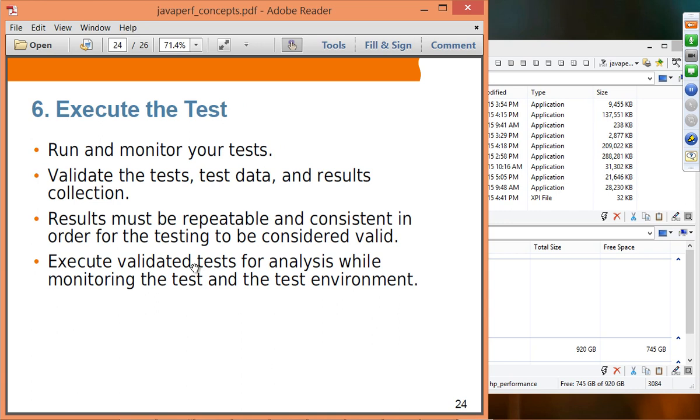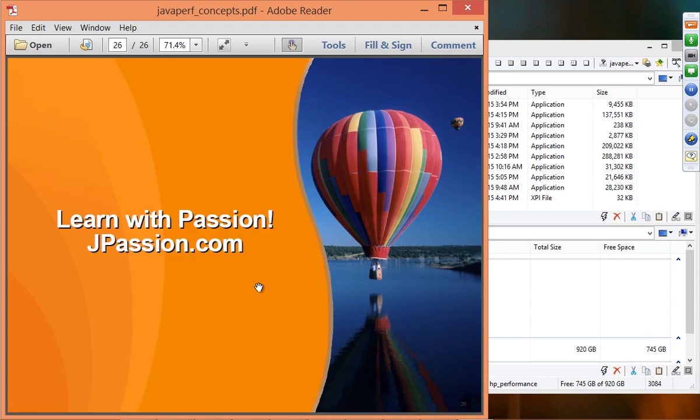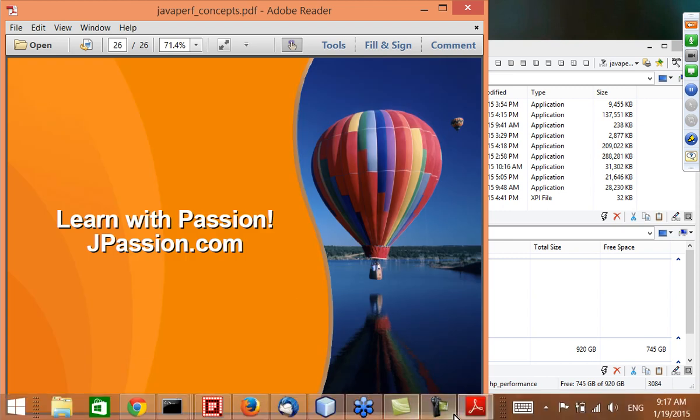The key point of test execution is that the results must be repeatable and consistent in order for the testing to be considered valid. Execute validated tests for analysis while monitoring the test and the test environment. And finally, you analyze results, report, and retest. All right, so this is pretty much a general guideline. Let's just move forward to